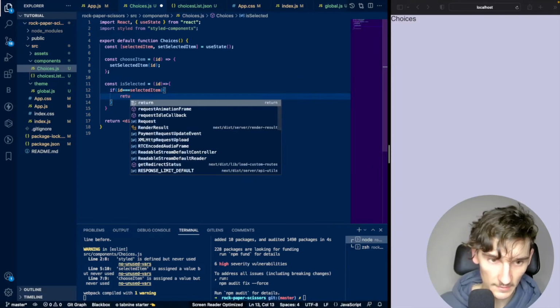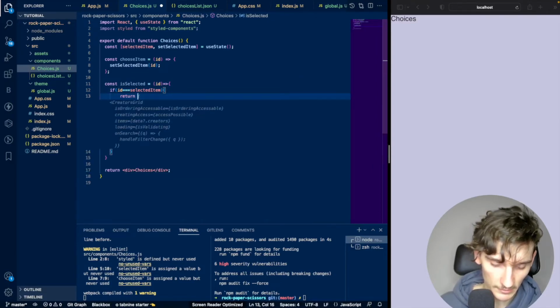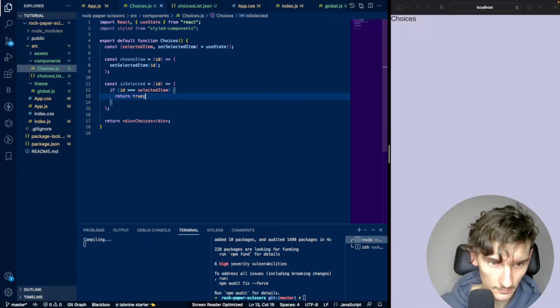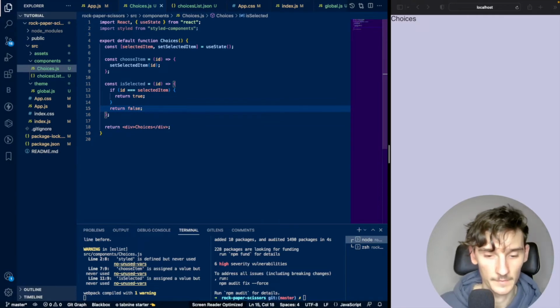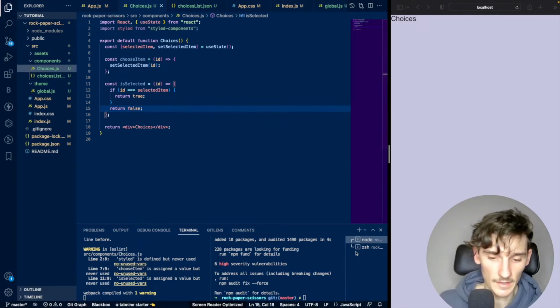If yes, it will return true. If not, return false. Okay, these two functions are ready, and right now I will create a choice component to render inside the component